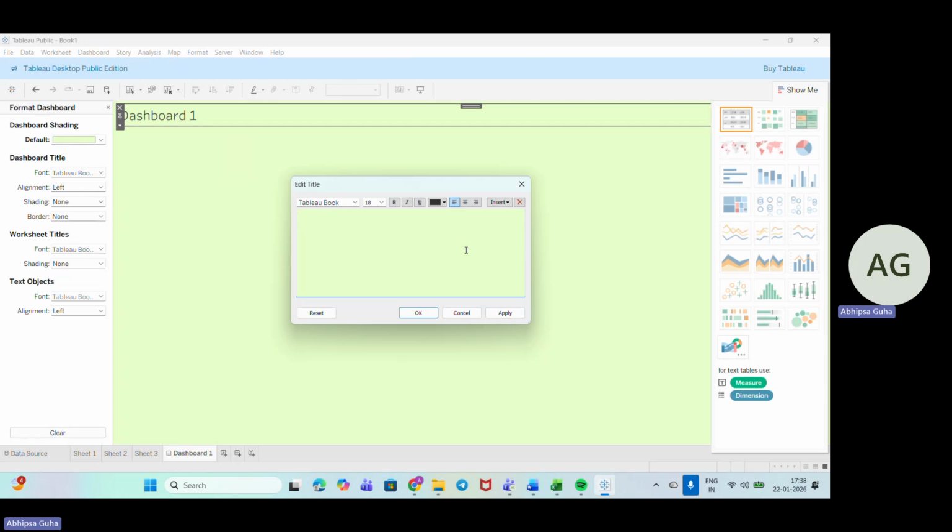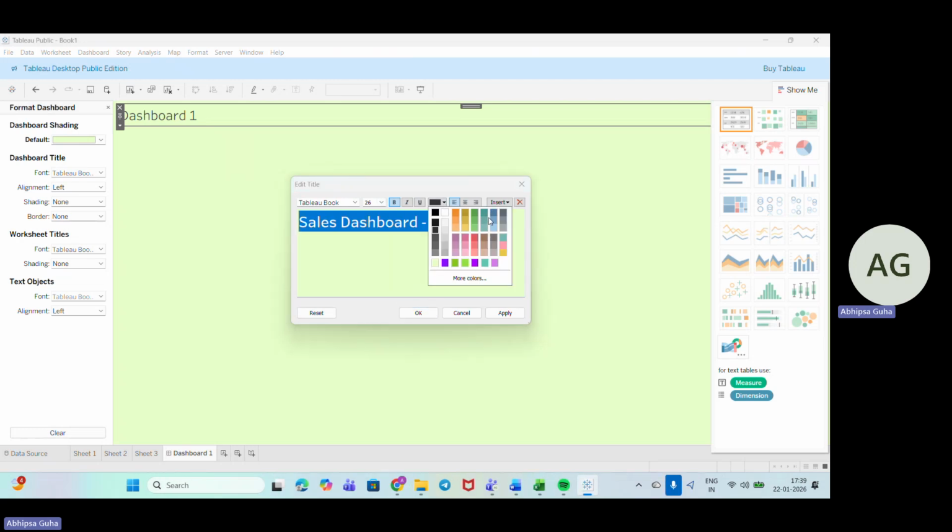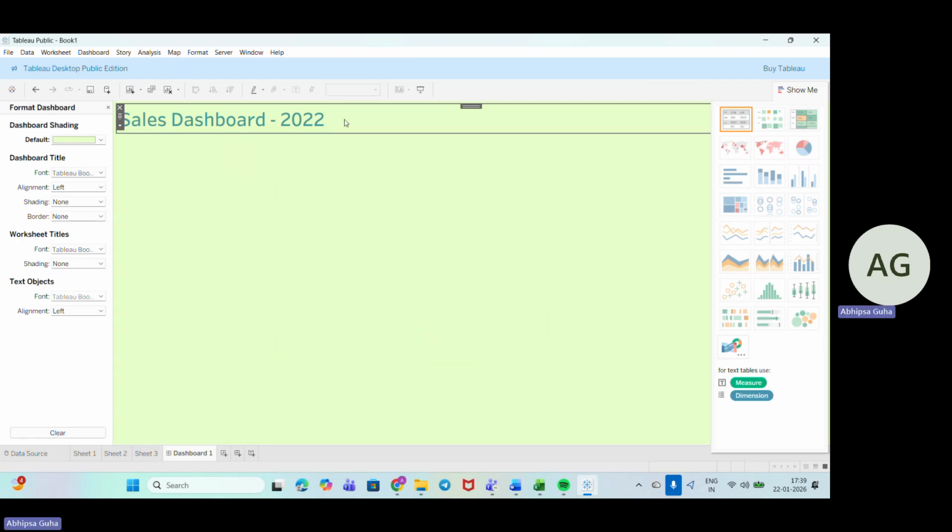Okay, not like that. We can add it as sales dashboard only for the year 2022. Like this, we'll add, and we'll just increase the size. Also, the color we can put somewhat lighter. Yeah, that looks good. Now here, yeah, that is how we can put it.